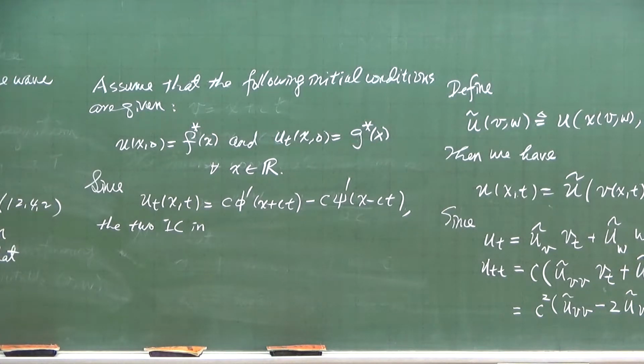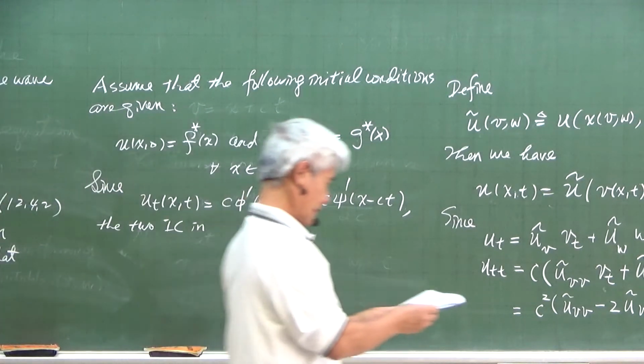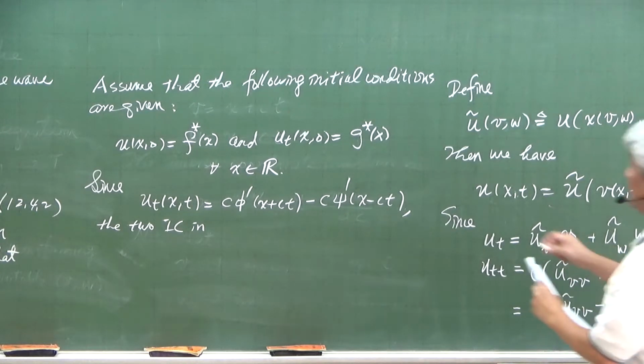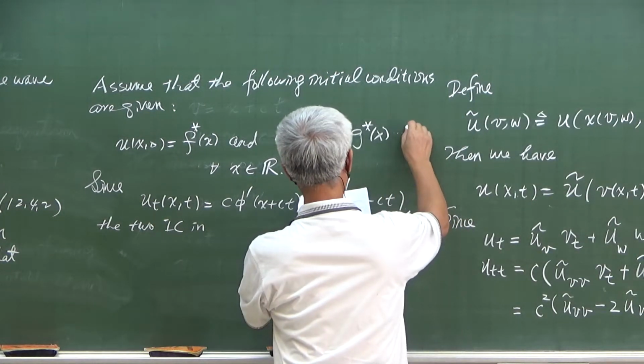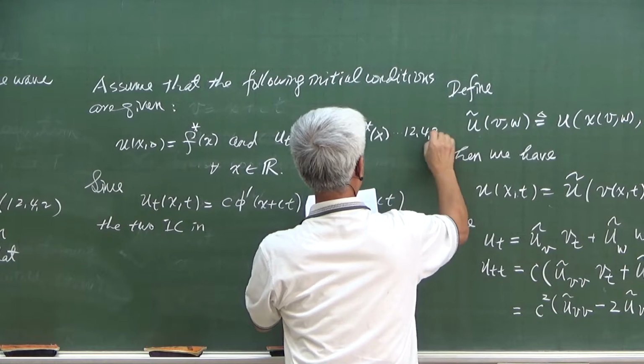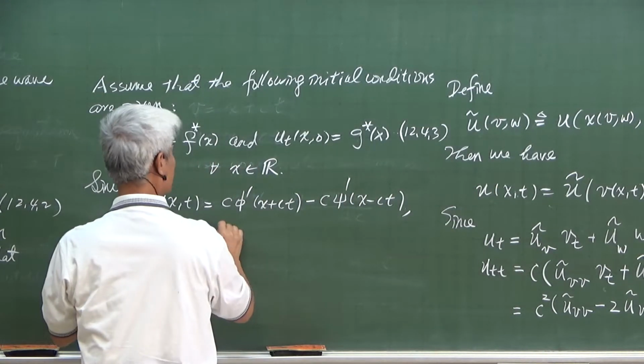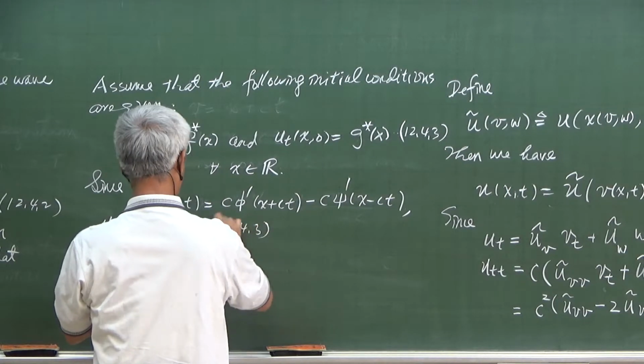So if you still write your notes, please put 12.4.1, the equation number, on the wave equation. Okay, so this is our initial condition. This is 12.4.3. So the two initial conditions in 12.4.3